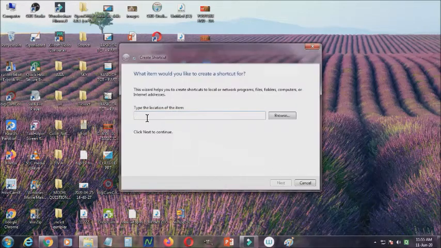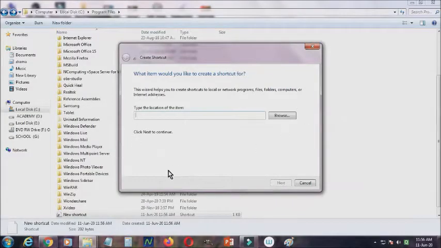If you type the program here, then the shortcut will be created for your program. So you no need to go to the start menu and search for the program; if you create a shortcut here, it will appear as a desktop icon.